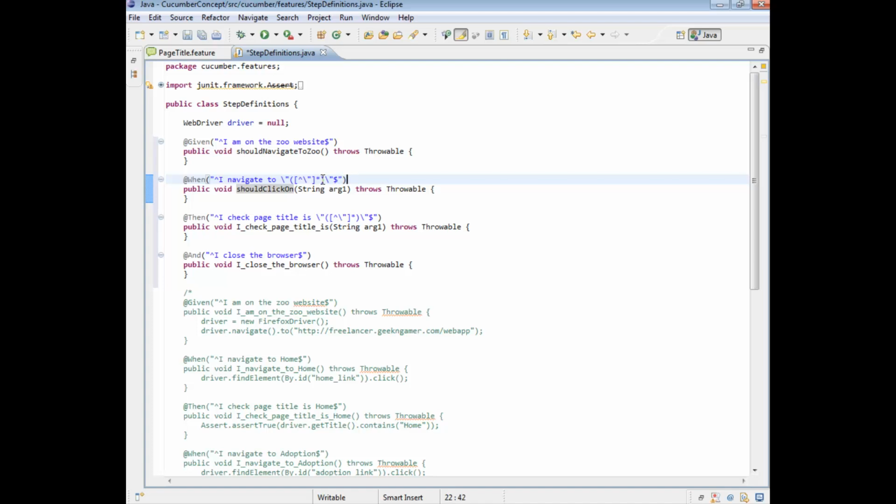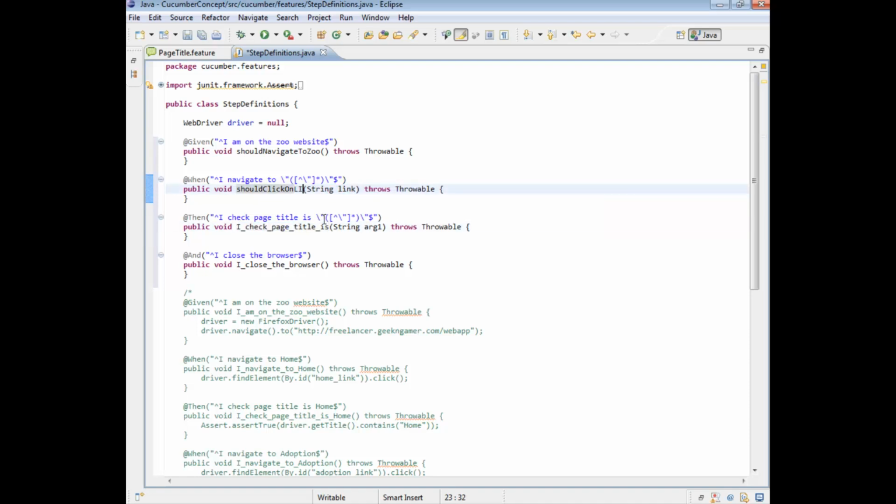I don't want to dwell on this too much, but what effectively happens is we're using this pattern to basically identify that whatever this parameter is that's passed in is a parameter, and this gets translated to this string here. So now if we were to call this string link, we can now use this information. So similarly,